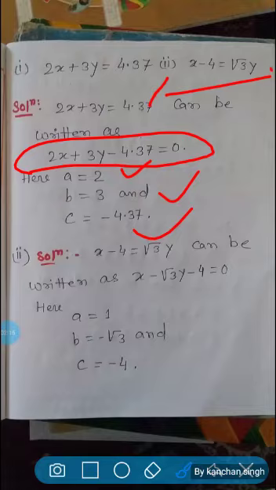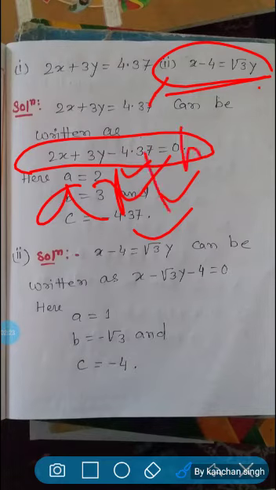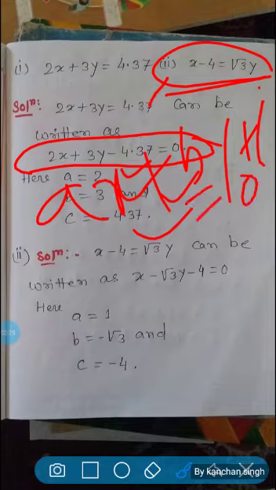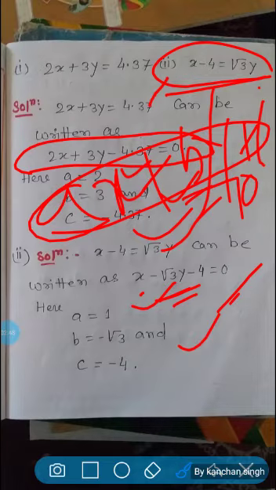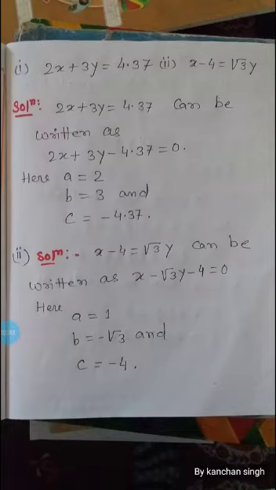Similarly, you tell me how we can write x minus 4 is equal to root 3y. We know the pattern, that our pattern is ax plus by plus c is equal to 0. So let us arrange this in that way. Here is x minus 4, so x will be as it is. Now y, can we bring this y here? That will not make any difference. So this becomes minus root 3y, and minus 4 will be as it is, equal to 0. So here a is equal to 1, b is equal to minus root 3 and c is equal to minus 4. Is that okay? I don't think you will have any problem in this.